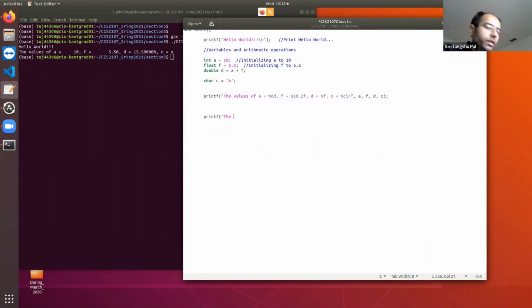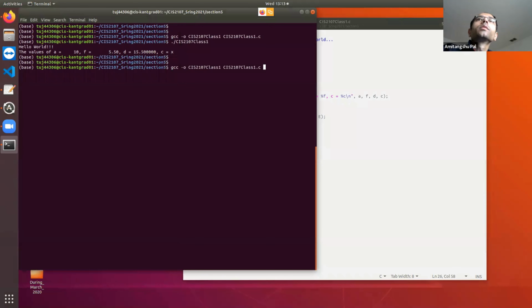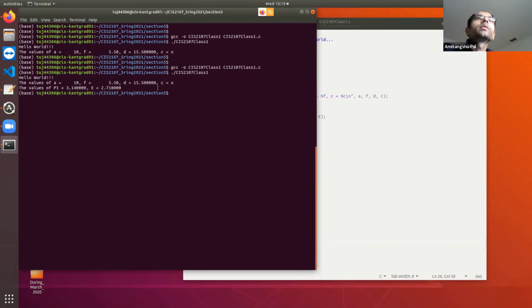So the values of pi, if it's a floating point, p is equal to %f slash n. You can see that the pi is 3.14 and total of 6 digits after the point, same with e.